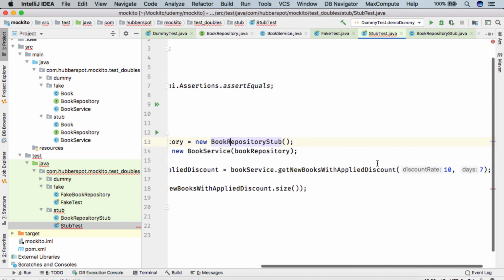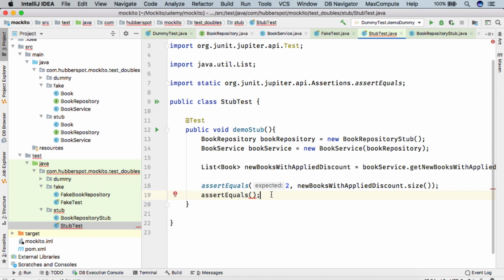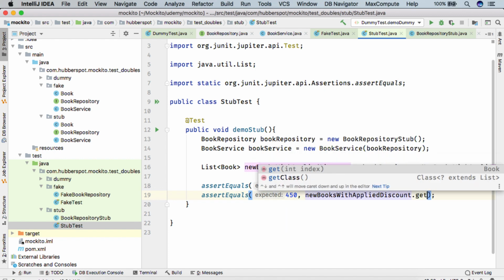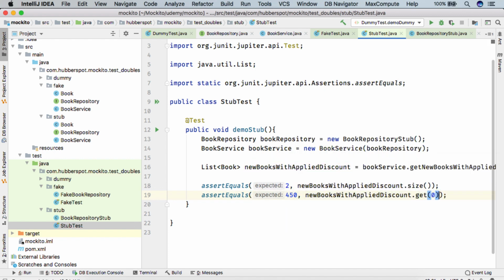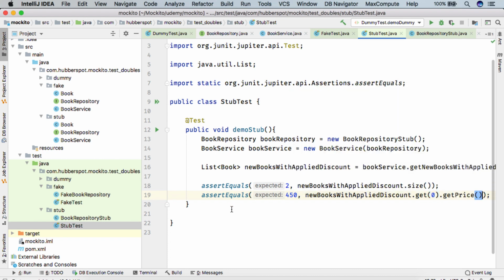And as we are applying 10% discount, so for the first book the price is 500. So when we apply 10% discount on 500, we get 450. Expected price is 450. So we get the first book and we do the get price.